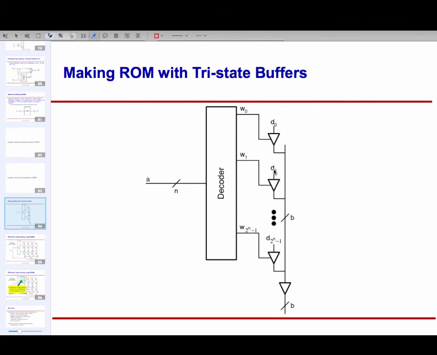So the data sits out here. This data could be put there in many different technological ways, but somehow it got there. And when I'm reading it, all I'm doing is going through this decoder and activating the right tri-state buffer. So if you think about it, this is really a gigantic multiplexer, right? I'm multiplexing the data value from different locations into a single output and selecting the right slot. So our decoder and multiplexer are helping us create this ROM.